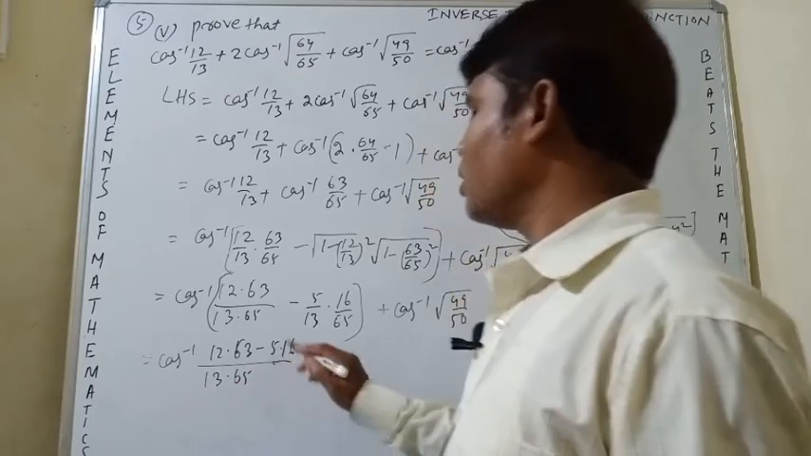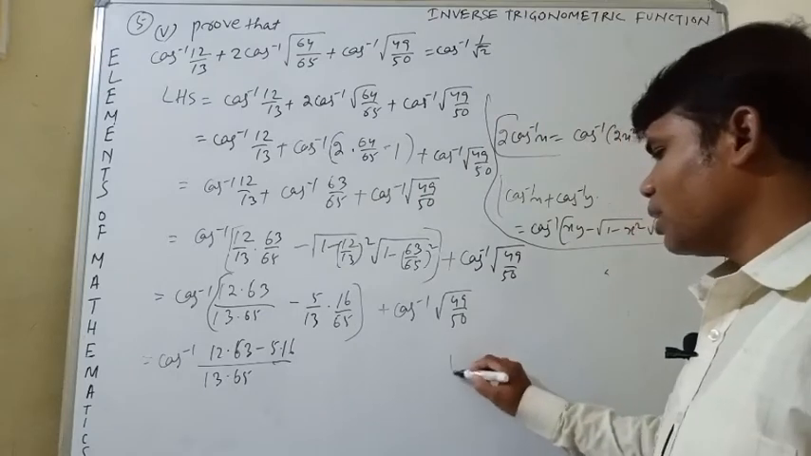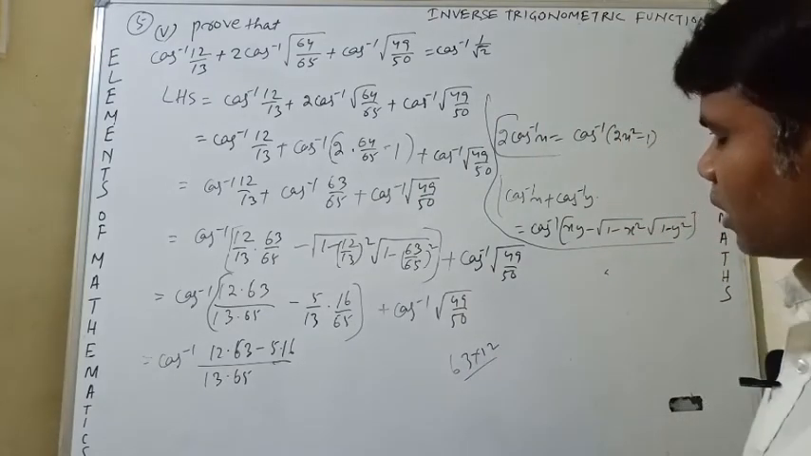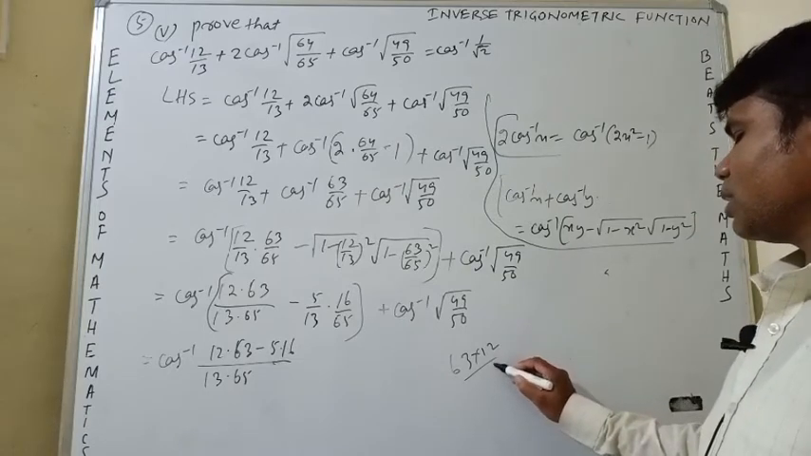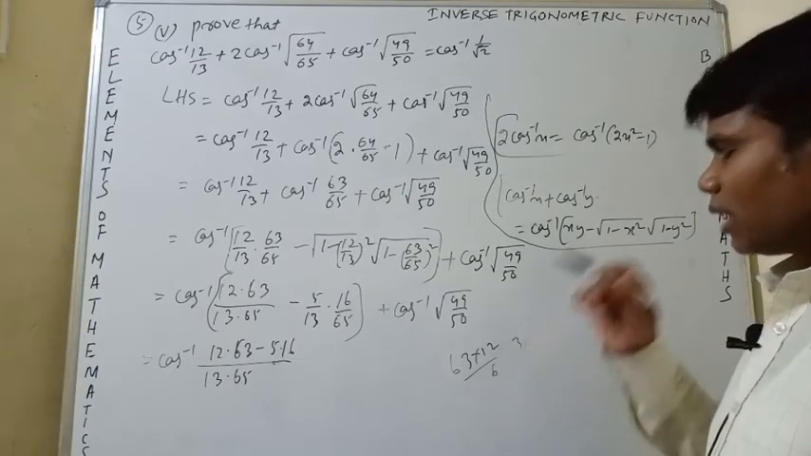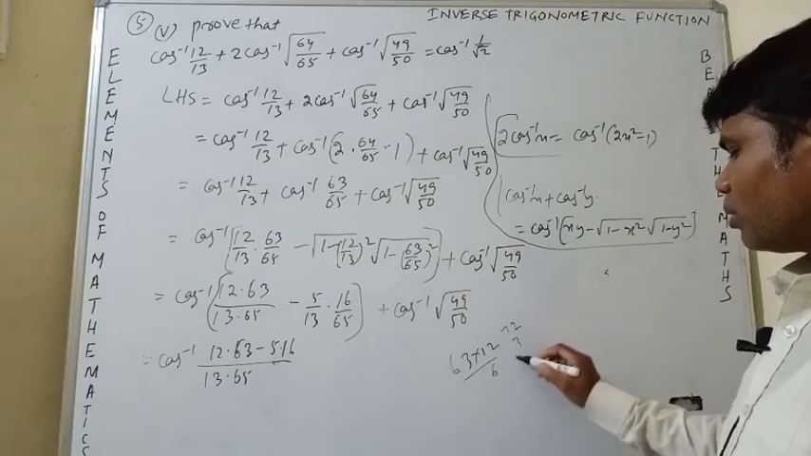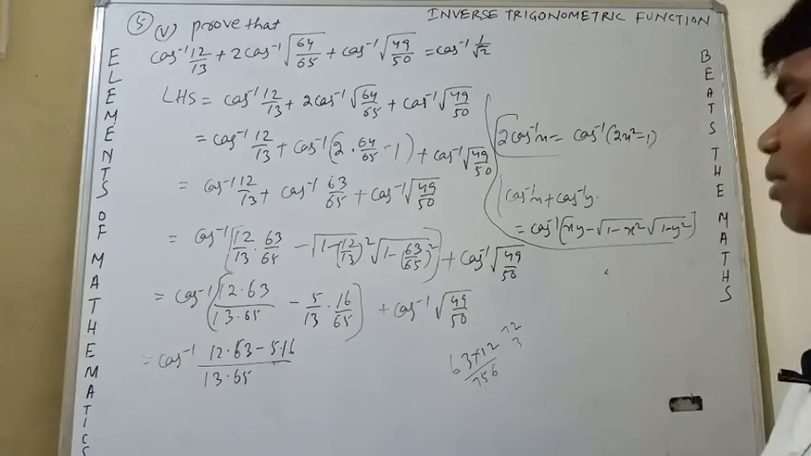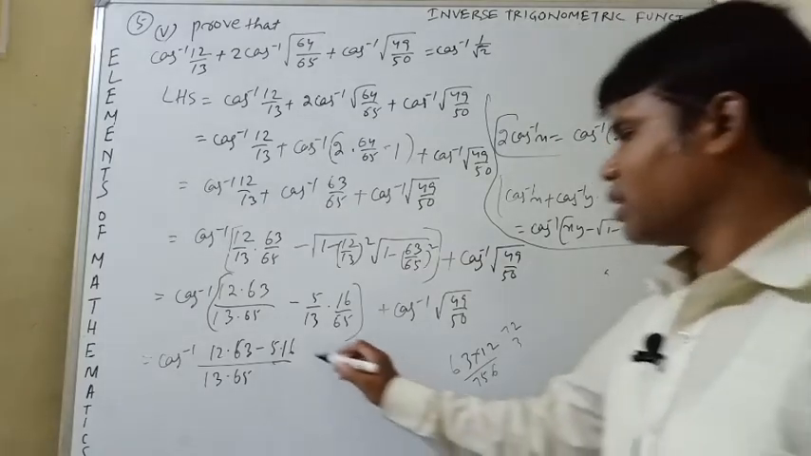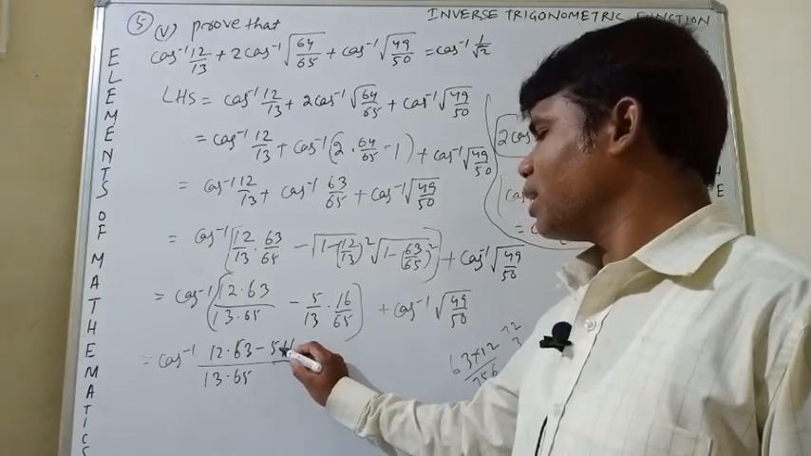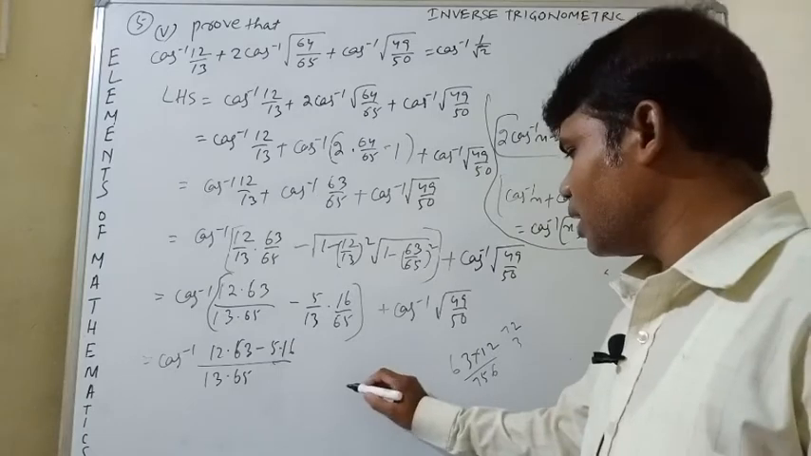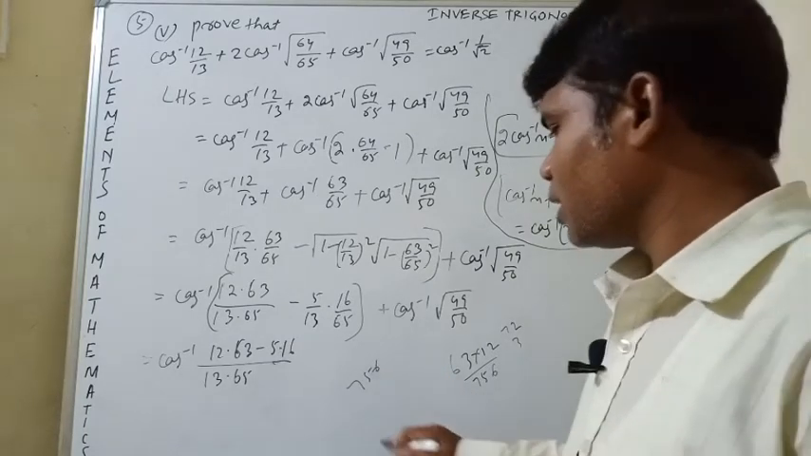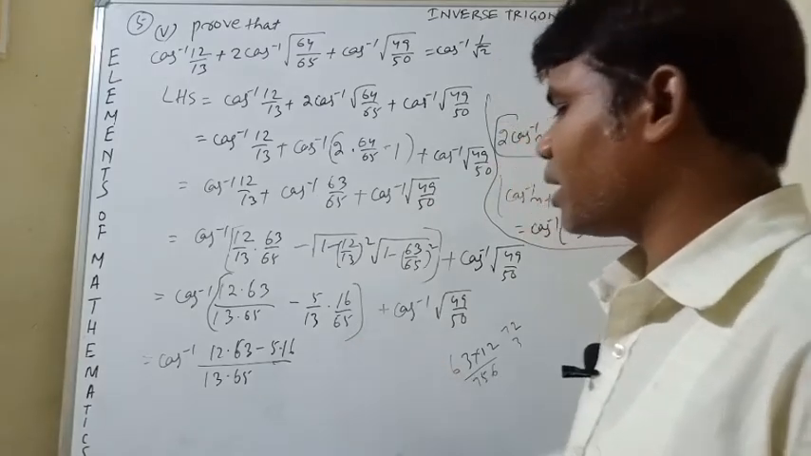Okay, 12 into 63, we have to multiply it. 63 into 12, how much? 12 3 is 36. 12 6 is 72. That is 75. Okay, 75. That is 75. 5 into 16. That is how much? 80. 756. Okay, in next step I can write it